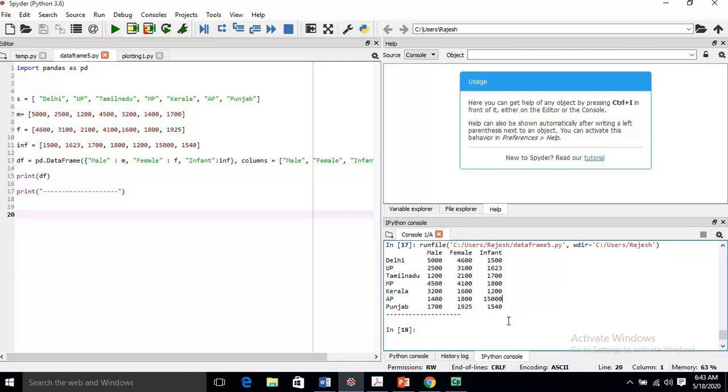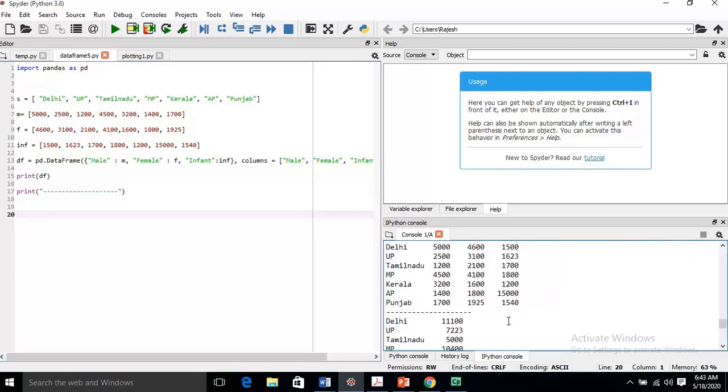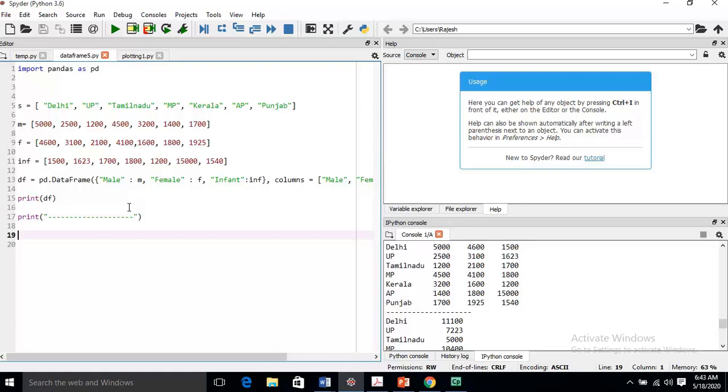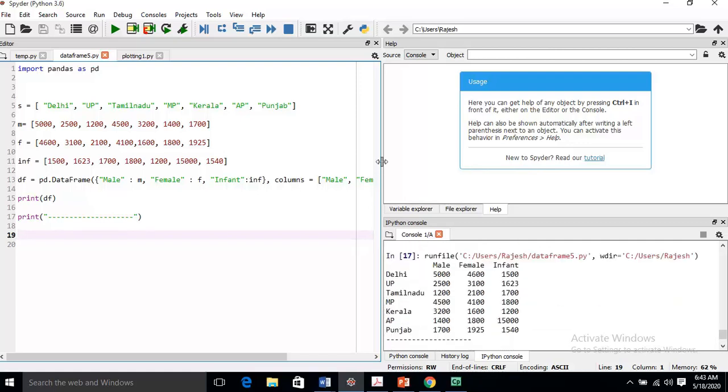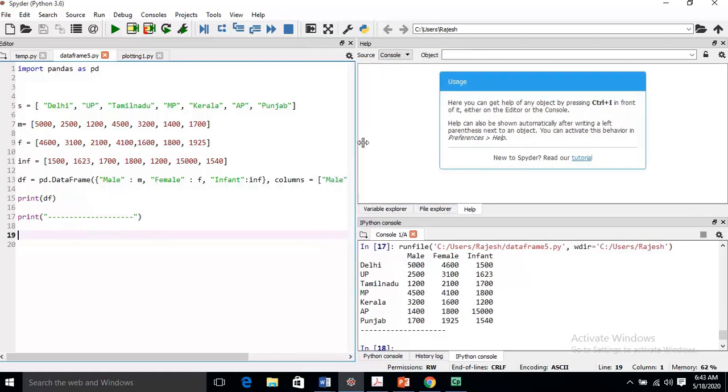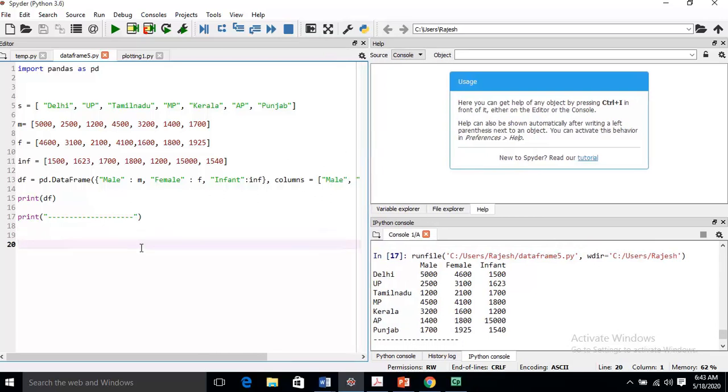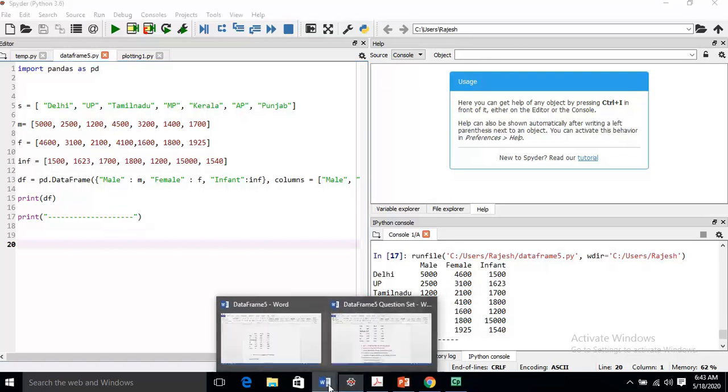Let me increase the size of font by Control plus, and similarly here I will increase the size of font. This size of font, we say I am zooming the screen, not increasing the size. This is my screen zoom. Let me make a little bit of adjustments. Okay, I think this is good. Okay, now the second question is